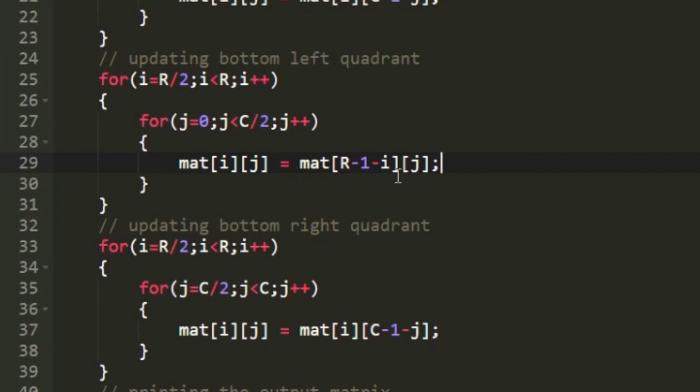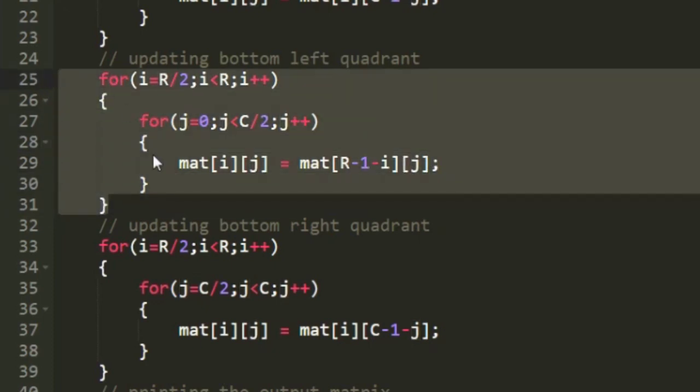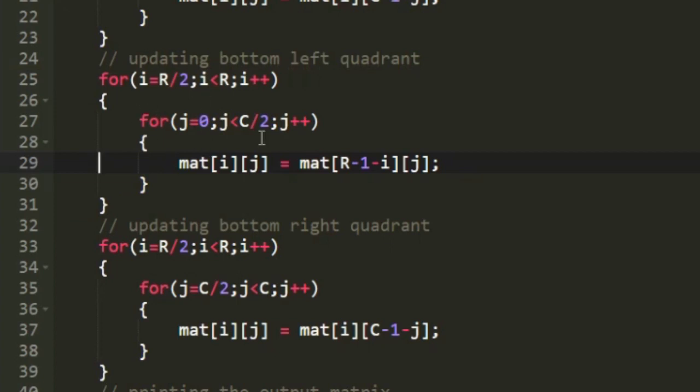That is, first it would be pointing to the last row, and in the next iteration it would be pointing to the second last and then the third last, like that it goes on. Because here we are asked to replace the bottom left with the water image, so we are not making any changes in the column. So when this nested for loop finishes its execution, the bottom left quadrant would be replaced with the water image of the top left quadrant.